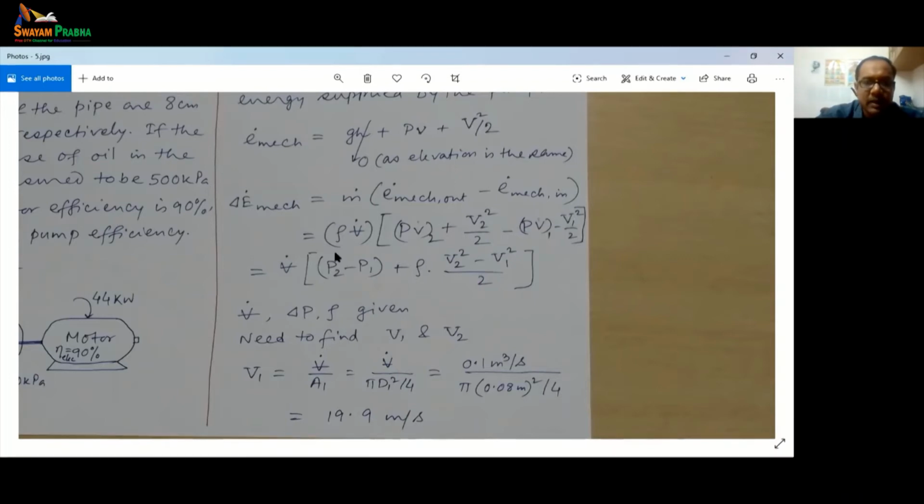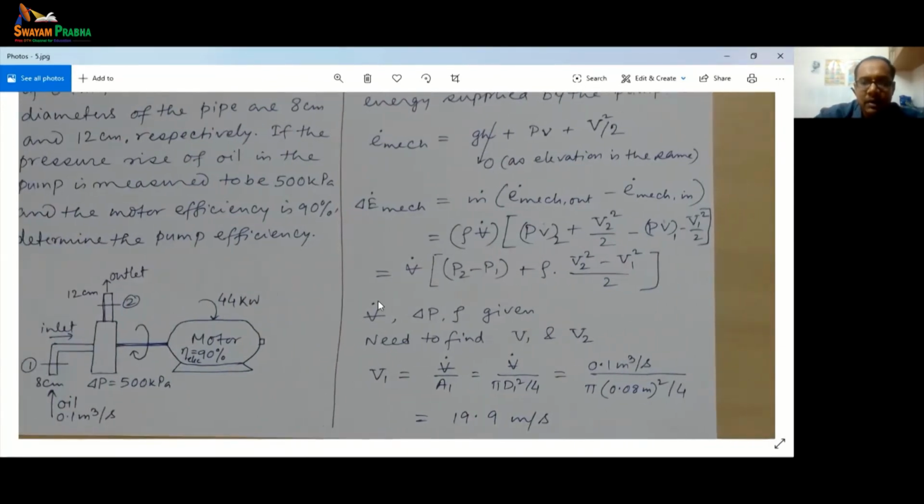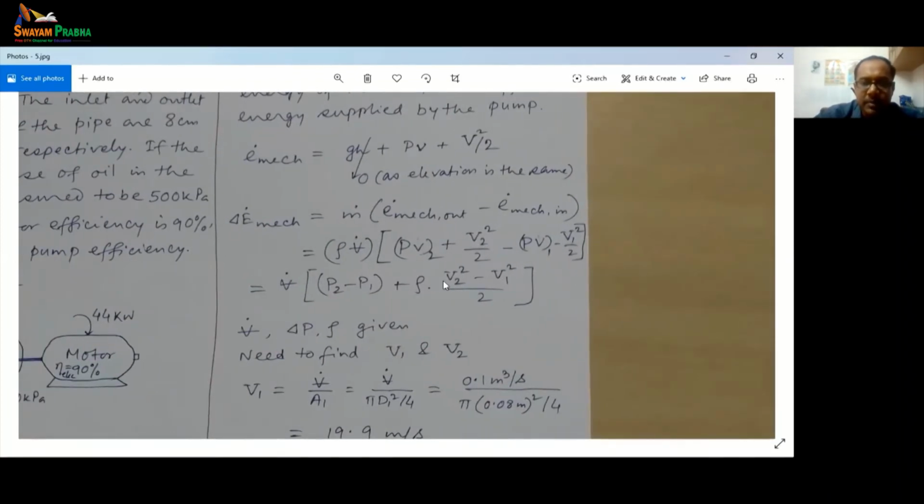Now if you simplify and use the information that density is nothing but the reciprocal of the specific volume, right? So when you take this density inside the parenthesis, then you are left with the volume flow rate here, and the specific volume terms will vanish, and you will have a P2 minus P1 term, right? And for the kinetic energy part, the density will be there. So that will be rho times V2 squared minus V1 squared by 2. So here now we have gotten rid of the specific volume.